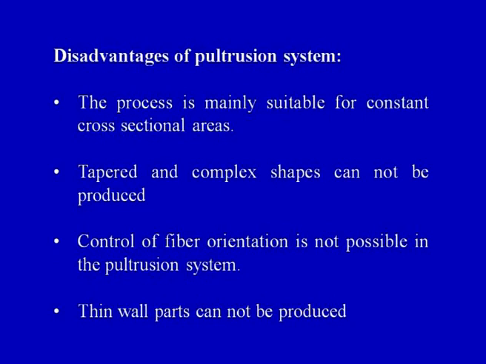So, on your screen you can see few examples of the products which can be made by the pultrusion process. Flat sheets, simple and constant cross sectional sections such as channels, angled and flanged beams can be made. So, pultrusion has got a wide variety of applications in the fabrication or in the processing of polymer matrix composite materials or composite products. So, with this we come to the end of this particular lecture on pultrusion.